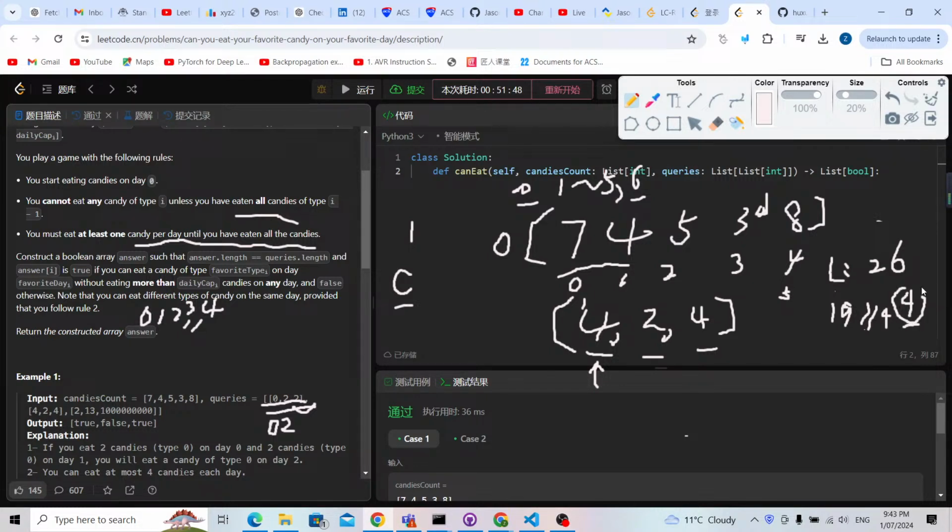So this 4 means this is the earliest day we're going to eat the candies, and 26 is going to be the latest day. And why? On day 0 we can at most eat 4 candies, right? And we still have 3 candies left. And on day 1, we still finish eating 4 candies, and we finish eating the 0 type. But for type 1, we finish eating 1, and 3 are left for type 1. So this is day 1, day 2, and day 3, and on day 4 we finish eating all those, 7, 4, and 5. It means on day 2, basically 0, 1, 2, we finish eating all those ones. But what about on day 3? On day 3, we can